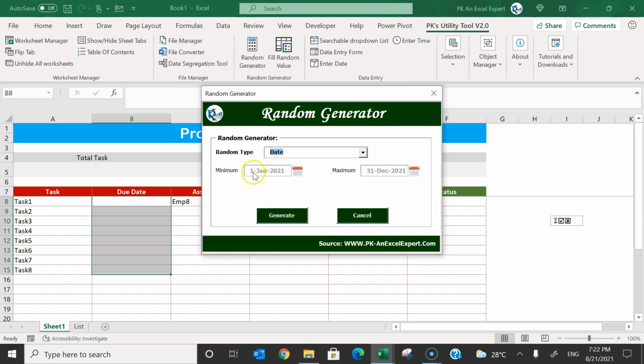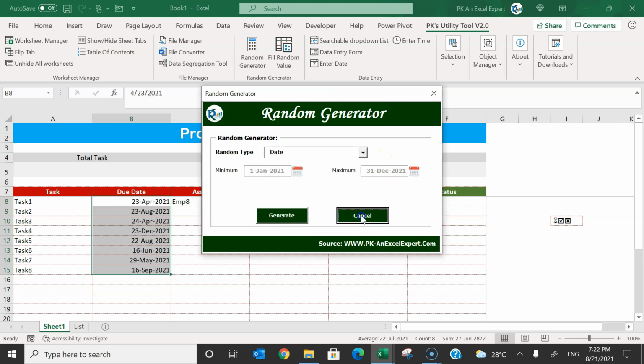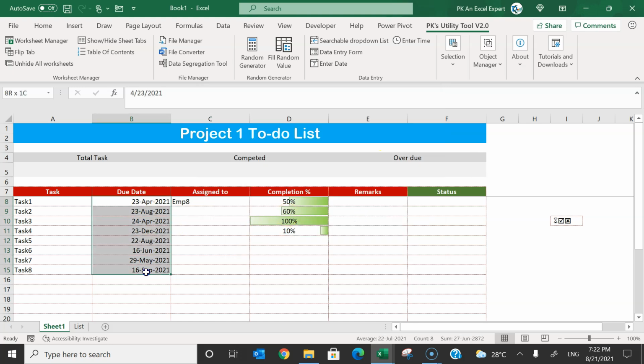So let's generate the dates between 1st Jan 2021 till 31st December 2021. Click on Generate. Click on OK. Just cancel this. So here you can see we have a few random dates. Okay. Now you can assign this to the employees.